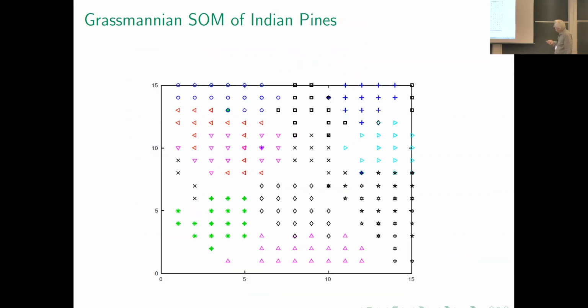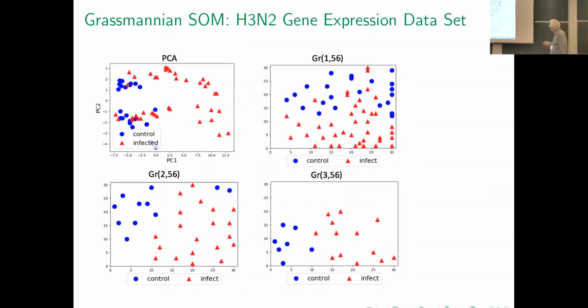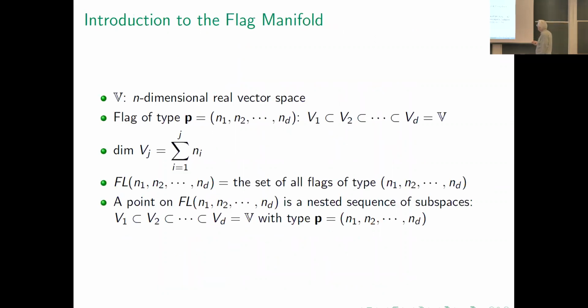This is an example of characterizing the points on the different classes, the 10 different classes from the hyperspectral image, very well. And I can do it on a biological data set, and it also works well. So I'm kind of shifting gears. I want to accelerate to the flag example, because this is probably one of the most interesting.